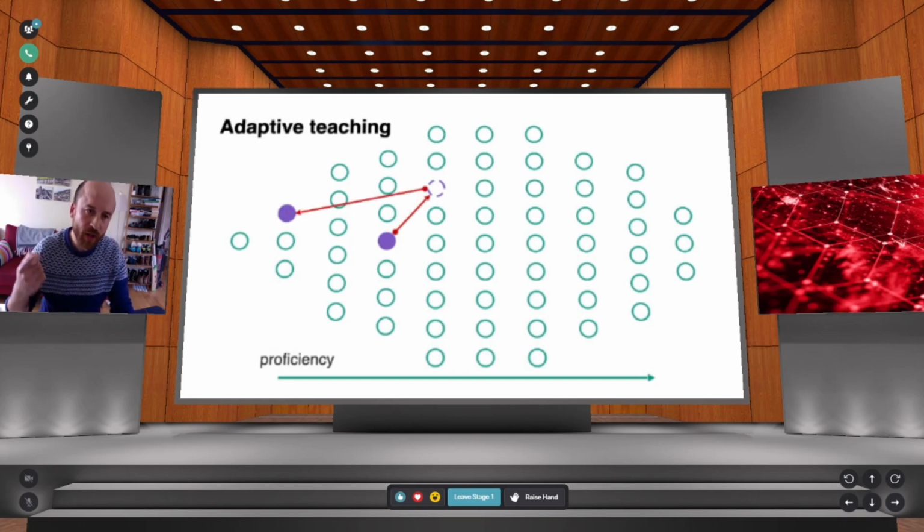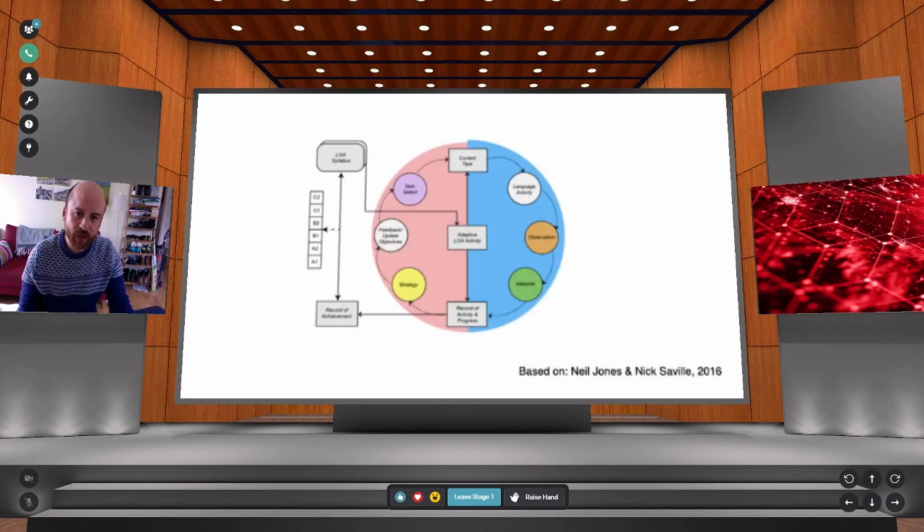They can try an item of increasing difficulty, and you might push them back to a lower level if they fail a certain item. Okay, so here we see the student being pushed around your curriculum until you can give them some kind of scaffolding, some kind of support to reach a certain target level of proficiency. So that at a high level is the idea of adaptive testing or adaptive teaching.